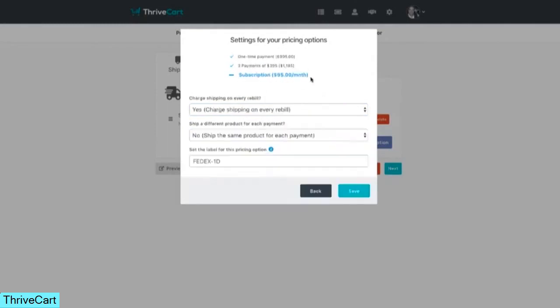Under subscription, things get even more powerful. You can charge shipping on every rebill if you would like, or you can say no. And I'll give you examples of this. If I'm sending out a box of stuff every single month, and I'm incurring a shipping charge every month, then I may want to charge shipping every month for that subscription while it's active, and I would leave it as yes. However, if I'm, say, selling coaching and I send a big box out at the very beginning with all